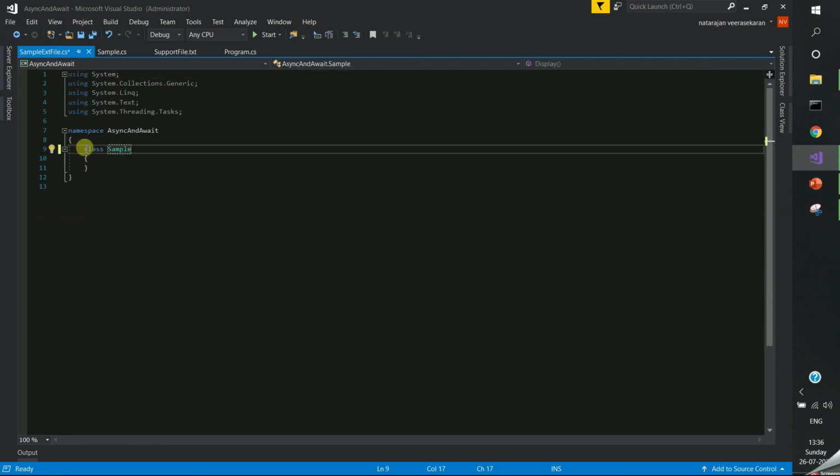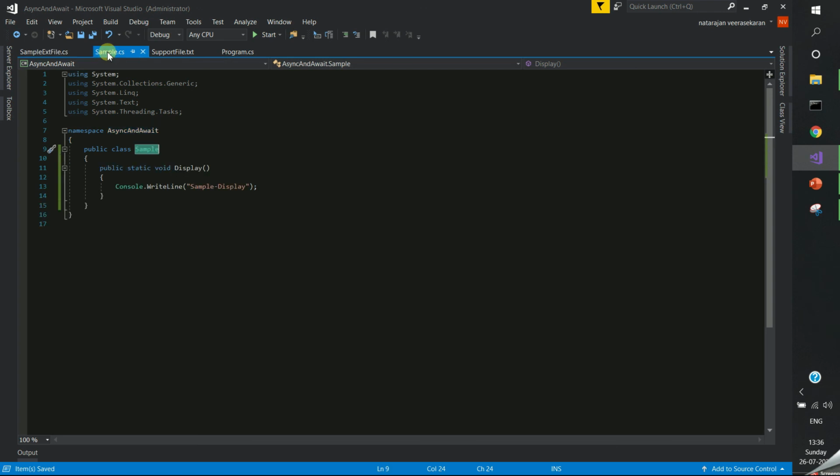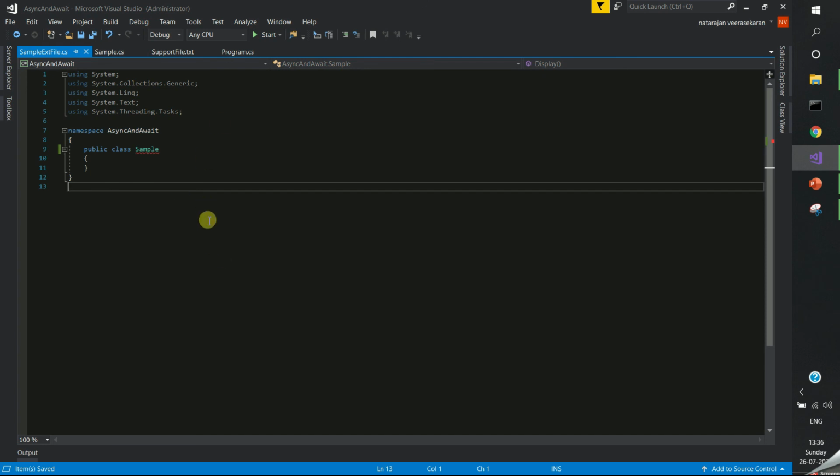Here I am going to create the same Sample class. You have to make sure this is all in the same namespace, because this Sample is also in the same namespace, and this Sample is also in the same namespace.